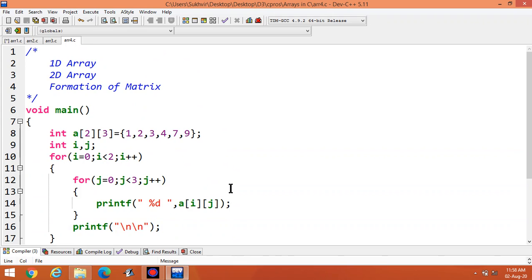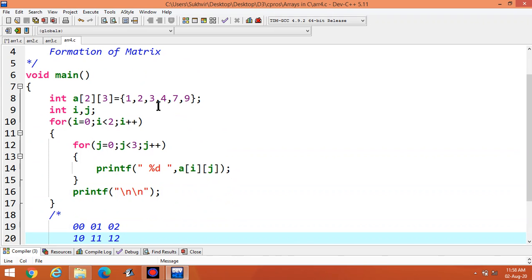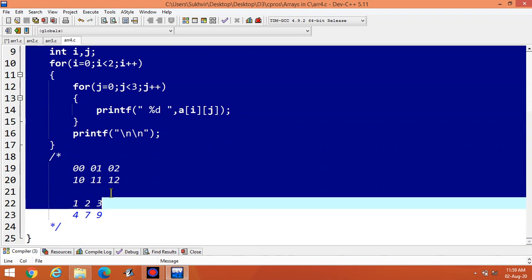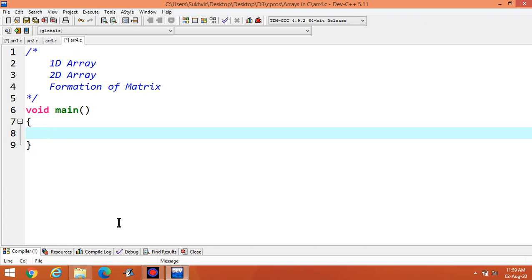Suppose I have to enter the data from user side. Then what I have to do? Suppose I declare int a[5][5].